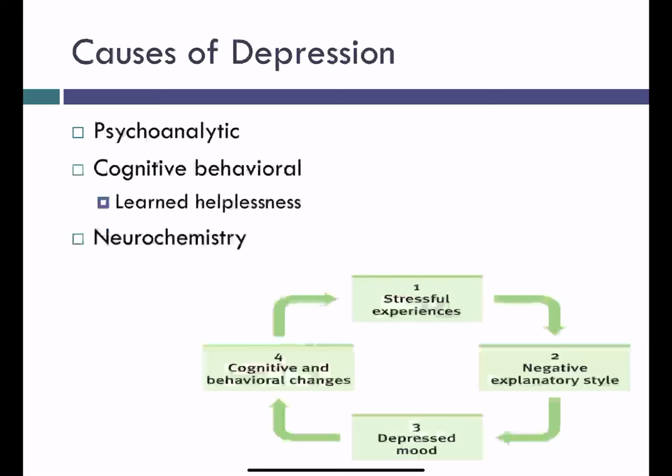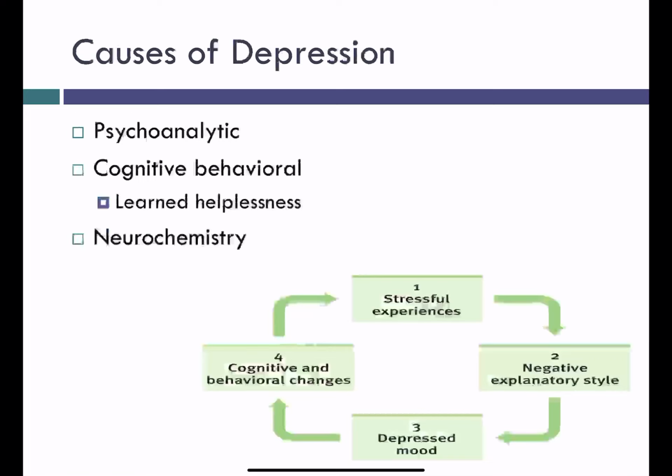In terms of causes of depression, again, start with Freud, not terribly well supported, but basically the psychoanalytic theory would argue that during the oral stage, a child's needs were insufficiently or over-sufficiently gratified, causing some kind of fixation on this stage. So they become overly dependent on people for self-esteem, and then they have anger, which is turned inward. I think the more common view are either cognitive behavioral or neurochemistry.